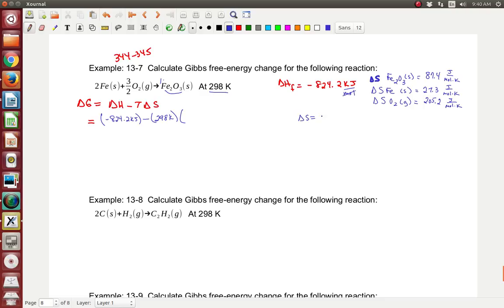So delta S is the sum of the S of the products minus the sum of the S of the reactants, which is going to equal, for the products, we have 1 mole times, for iron 3 oxide, 87.4 joules per mole Kelvin, plus, I've got to subtract it. Let me erase that real quick. Minus